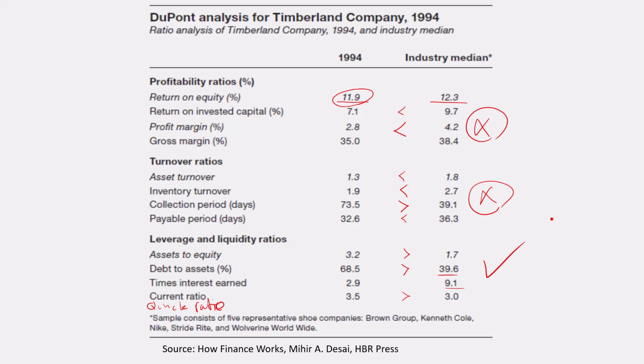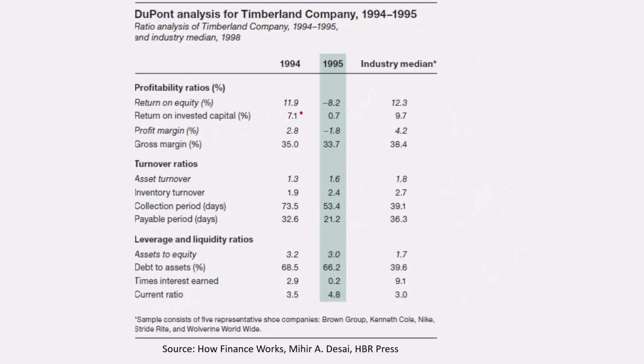In 1995, the picture turns really bad for the company. So they're going from 12% ROE to a loss of 8.2% for the shareholders. So now you see the problems are coming to surface for this company. Timberland is losing 8% for shareholders, whereas the median firm has a return of 12.3%, which obviously, as you can see, this is driven by